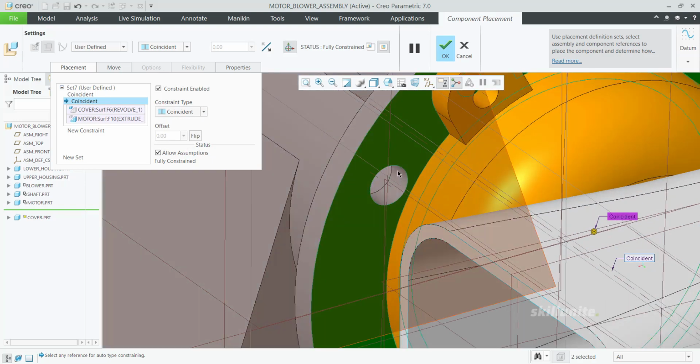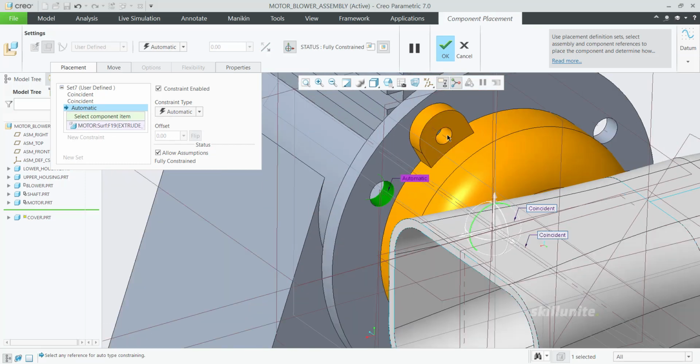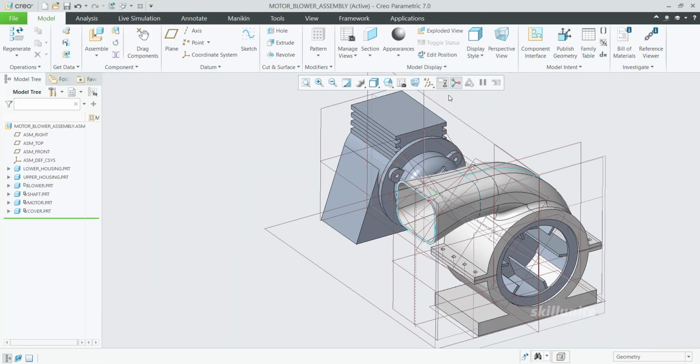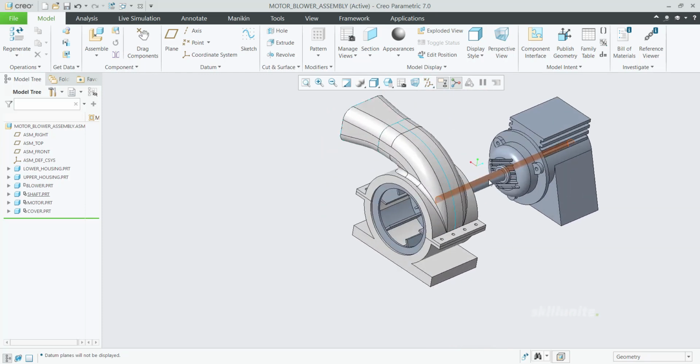Then for the hole over here, click on new constraint, hole and this one, and keep it coincident. Then you can click OK. Now I can turn off the planes. So the complete assembly is fine. Now if I rotate my shaft,